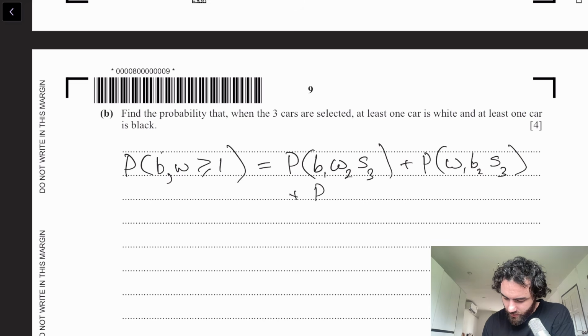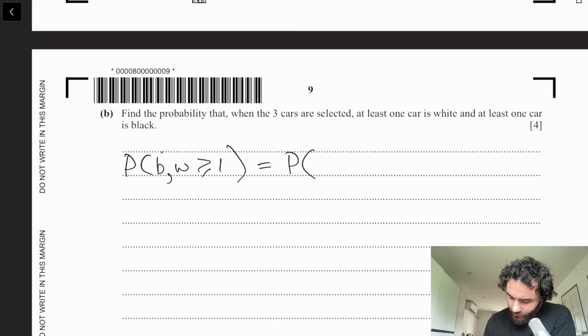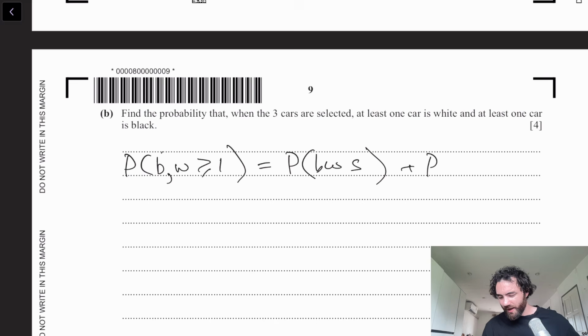Plus, it's 4 marks. Plus a black one. I guess we could just do how we arrange it. So it'd be a black one, a white one, a silver one. Plus a black one, a white one. A white one. A black one, a white one. Yeah, plus